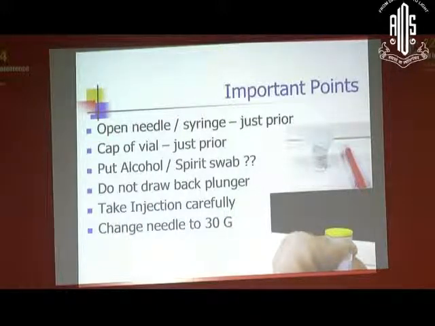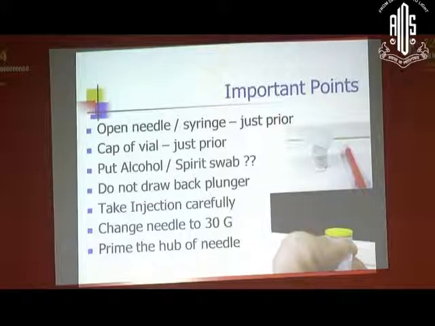And change the needle. Whatever needle you use for taking the injection, don't use the same needle. I throw away the needle and have another needle, because whatever goes inside has to be the freshest possible. It need not be what you have used for withdrawing. And then prime the hub of the needle, so that there is no air bubble inside the vitreous cavity. So you, against the light, stroke the needle with your finger, so that all the air bubbles are gone, and slowly turn the plunger so that you see one drop at the tip of the needle, and then inject.